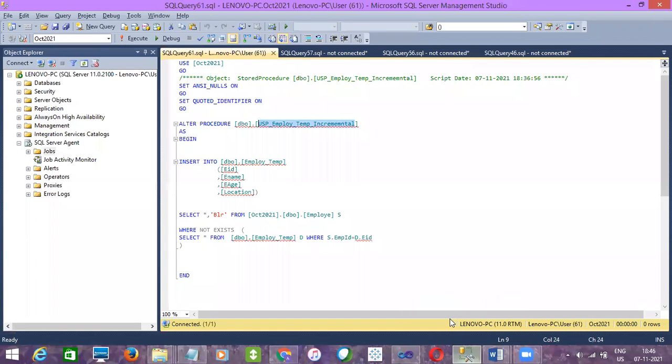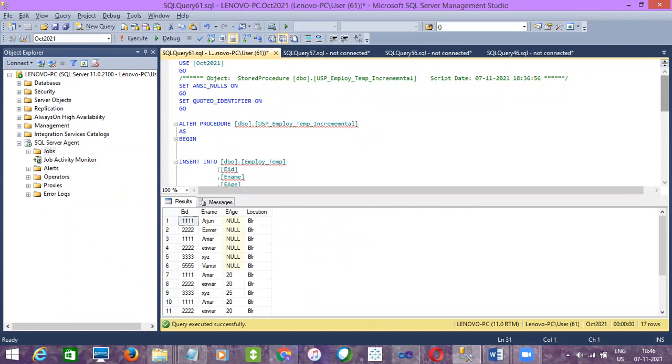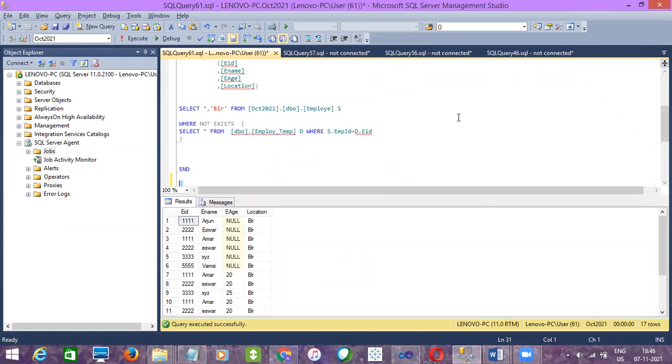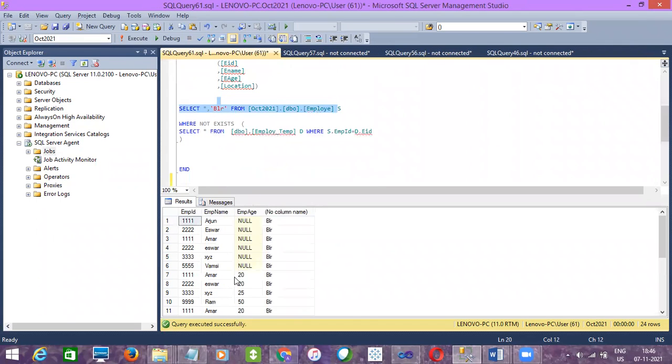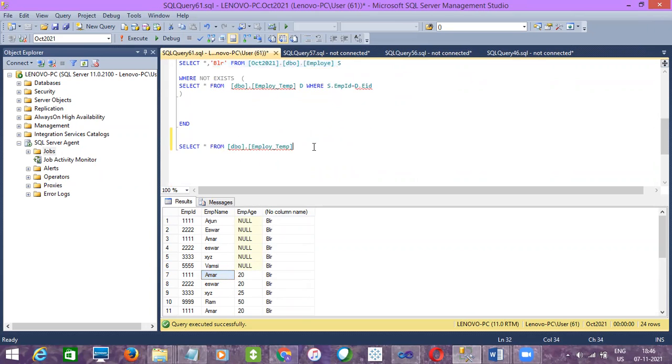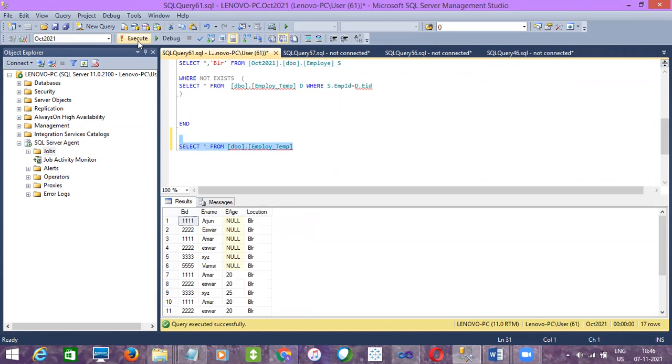The job will start at 18:47, but before that, let me check my destination table data. How many records are there? This is the stored procedure we are running. I have 17 rows. And is there any record from the source, which does not exist in the destination? 24 are there. We'll see. If not, we'll load one.